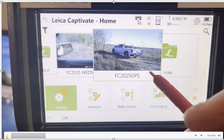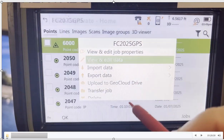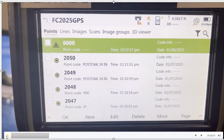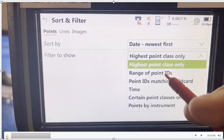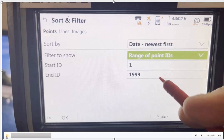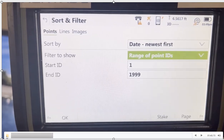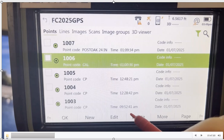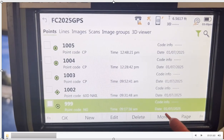Right now we have a job here. If I click on the job and go to View and Edit Data, I've got a whole bunch of points here. It is possible to hit Function, Filter, and change that to see just a certain point range. Right now I'll say, let's just show me points 1 through 2000. If I hit OK, then it's just showing me the points that we collected from 1 to 2000. Okay? So if I escape back out,